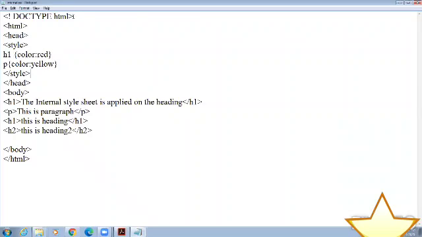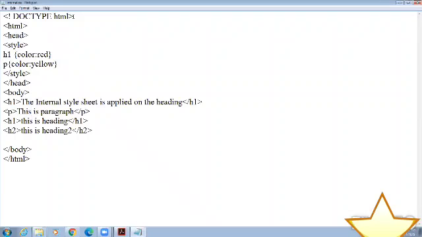Okay, style tag close, head tag close, start body tag, and after that here H1 tag, and in the style tag here H1 is used. So whatever properties of that H1 are applied are going to be applied for this tag. After that P tag, P is for paragraph, as you all know. Here the P tag is used. This is a paragraph, p tag close. So what will happen? It will display the output for h1 and p with the respective color.